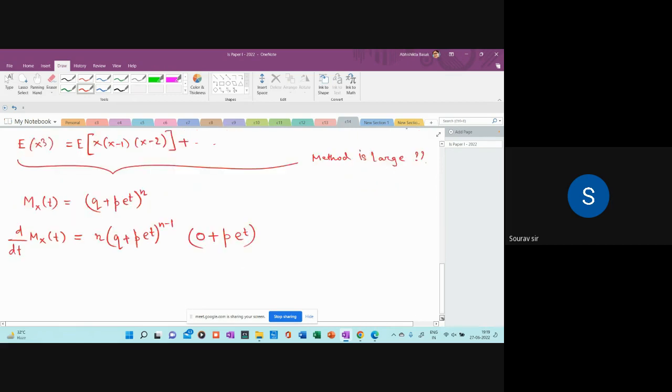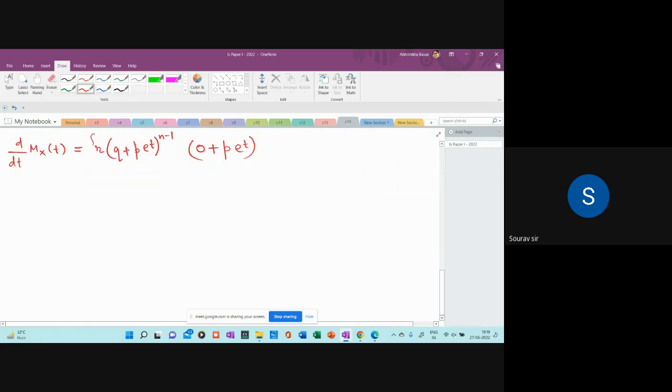So I am not putting 0 because I don't need this, but if I put 0 it will give me np. I know that. Next I am doing second order derivative of this MX(t), which is the d/dt of